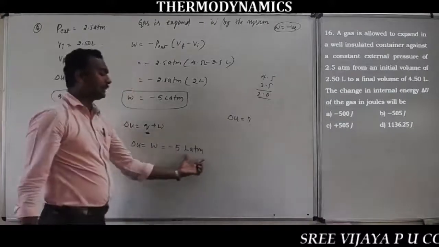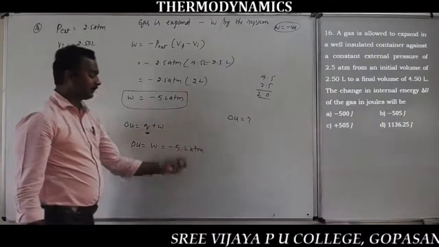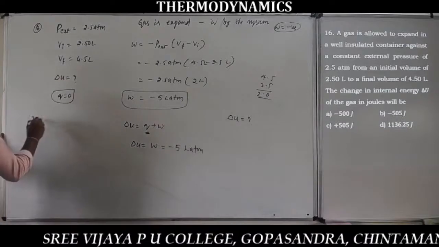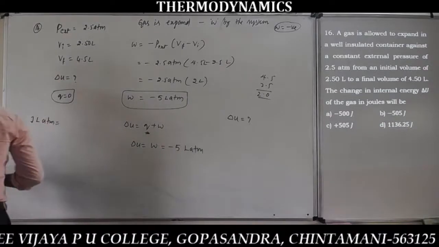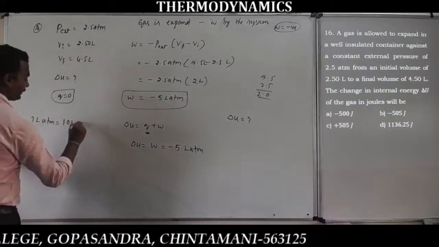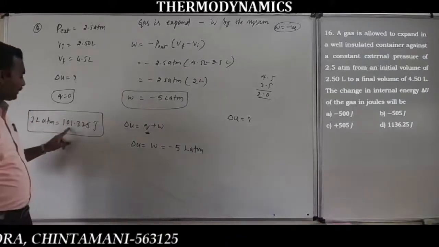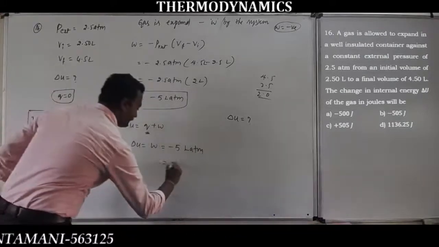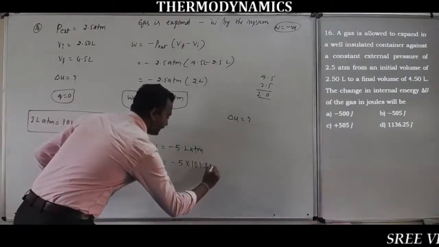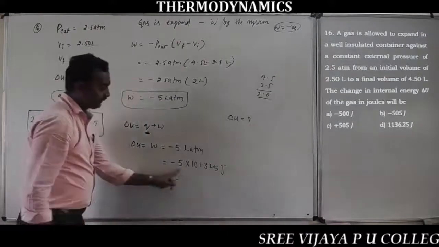here the unit changes, we have to give the answer in joules. So from liter atmosphere we have to convert to joule. There is an important conversion: 1 liter atmosphere is equal to 101.325 joule. This is an important conversion. If we multiply, minus 5 into 101.325 joules, so when we calculate this, we will get minus